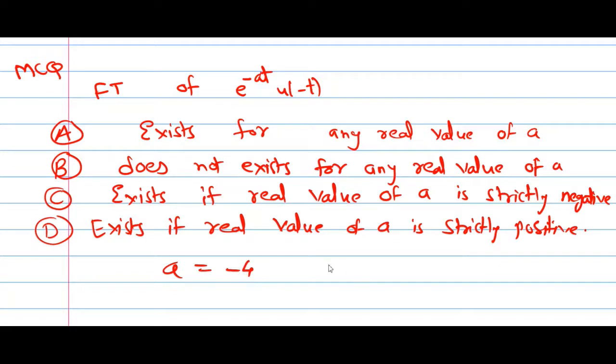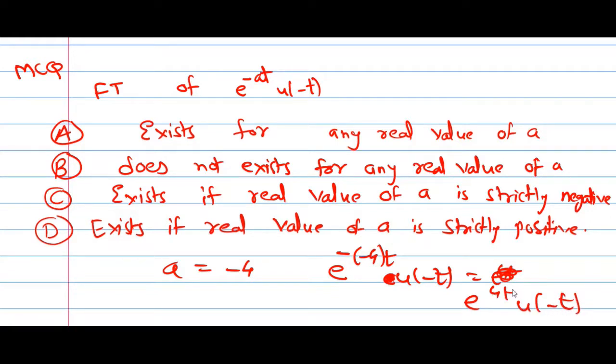minus 4, then this becomes e raised to power minus, a value is minus 4, into t u of minus t. So that is nothing but e raised to 4t u of minus t. Opposite sign means stable. So this e raised to 4t u of minus t becomes stable. So if a is strictly negative, then this signal is a stable signal, and for a stable signal we can have the Fourier transform. Because of opposite sign,